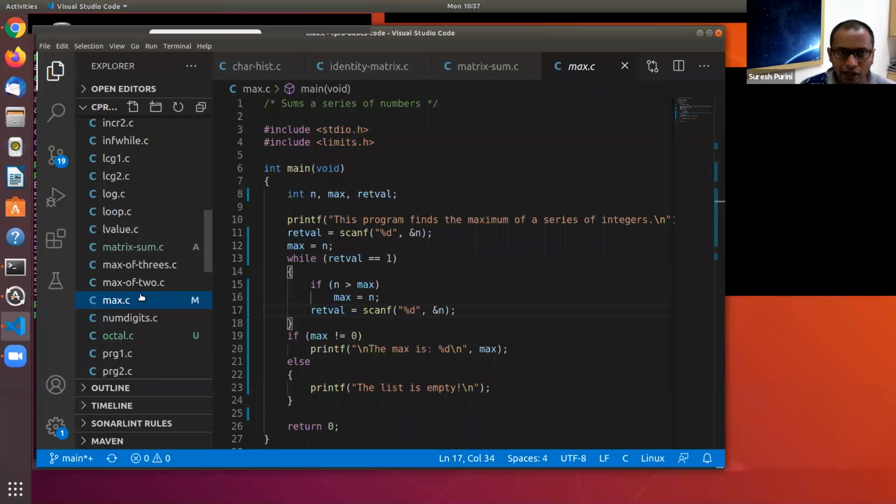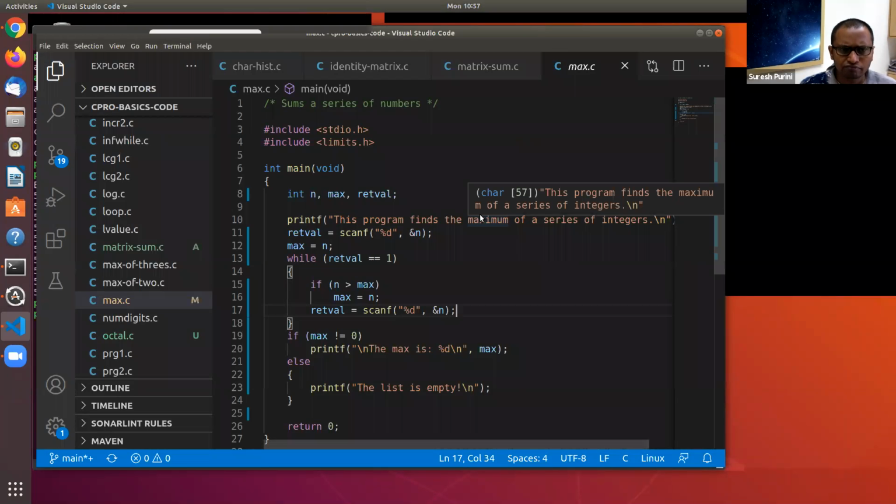Okay, so I will get to your question. Now we will take a bit of a detour to completely understand the question that is raised in the context of this max.c program. The question is: how does the computer know that until we press the enter key, the input is not supplied to the program?